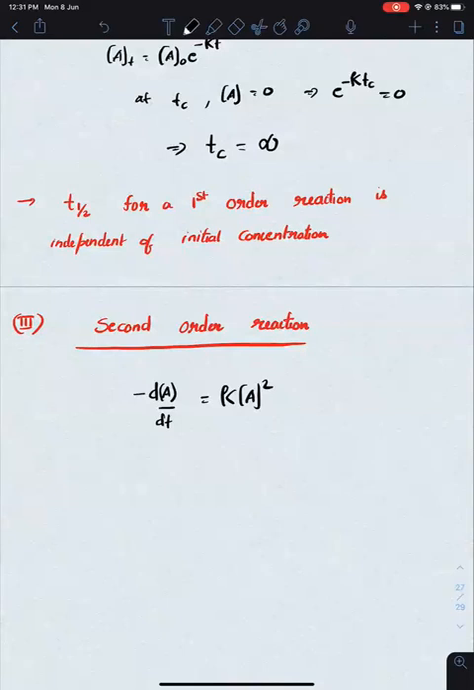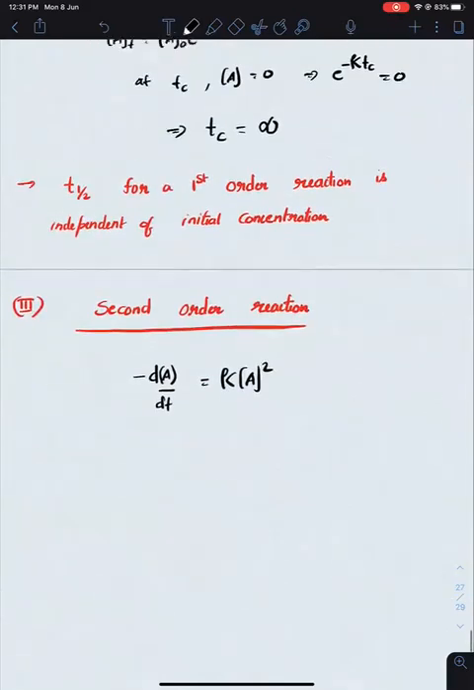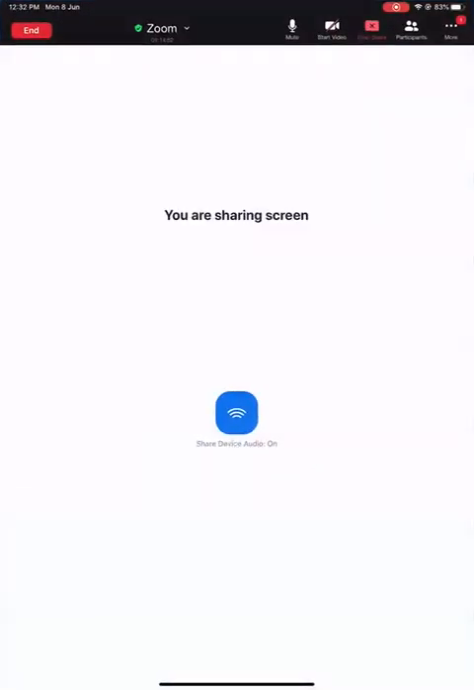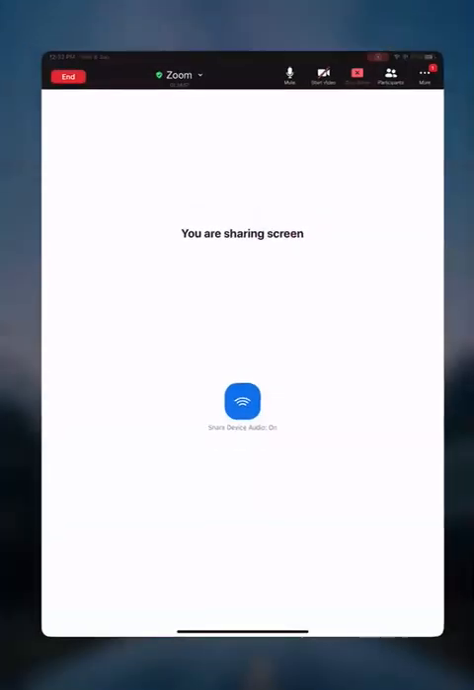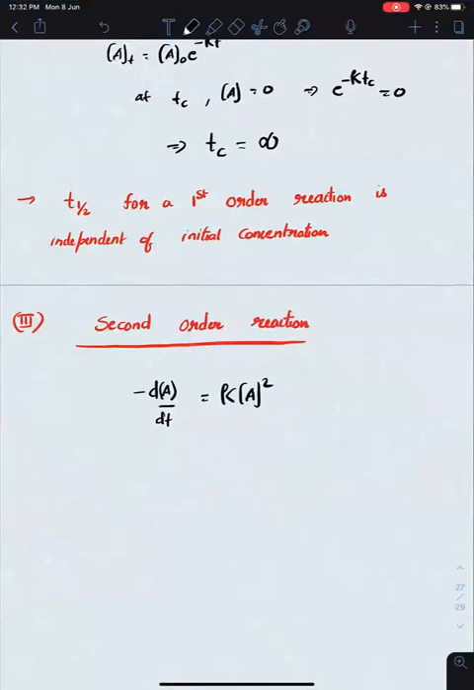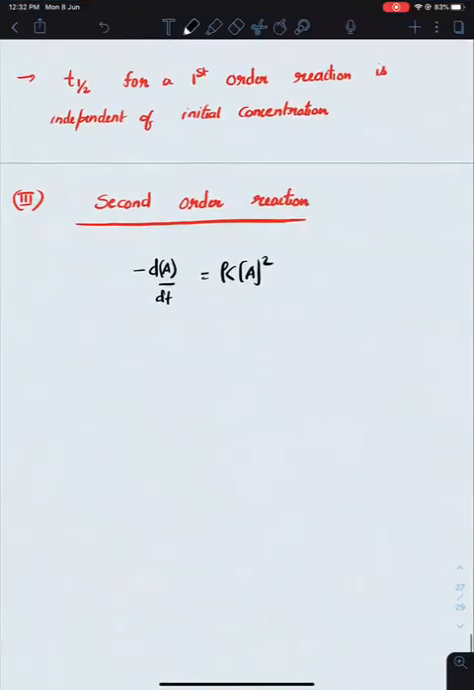डन? किसी का एक्सप्रेशन आया क्या? हाँ सर। क्या आया? AT is equals to A naught minus KT into A naught into AT. ओके, देयर इज सम डिस्टर्बेंस। ठीक है, देखते हैं सभी लोग एक बार क्रॉस चेक कर लेना अपना एक्सप्रेशन।